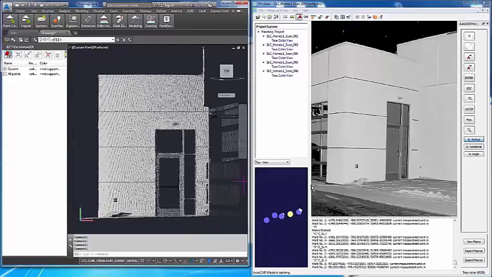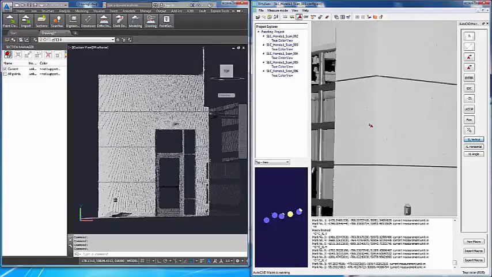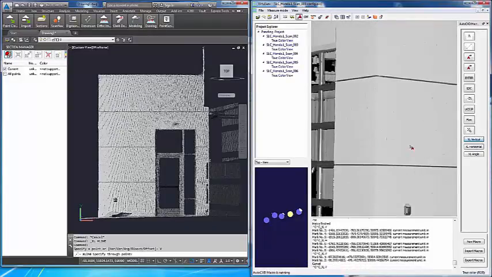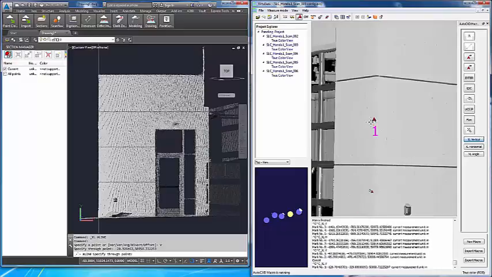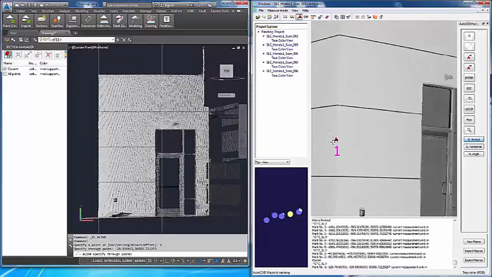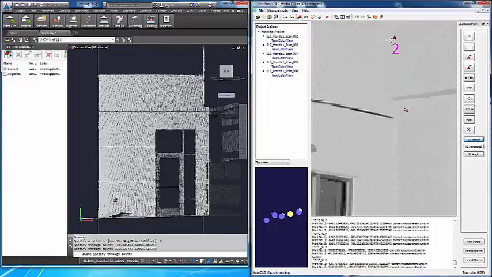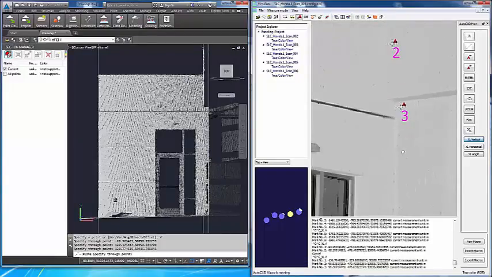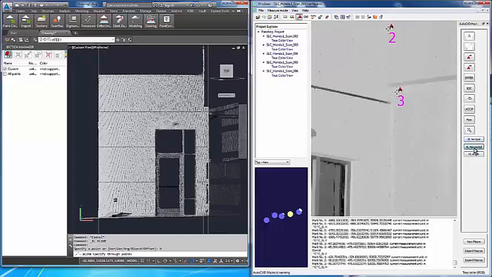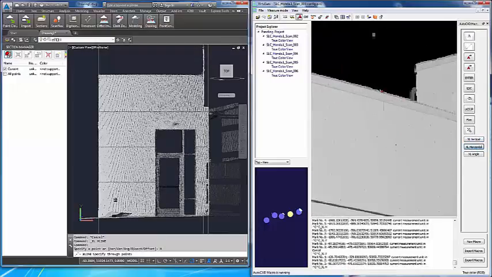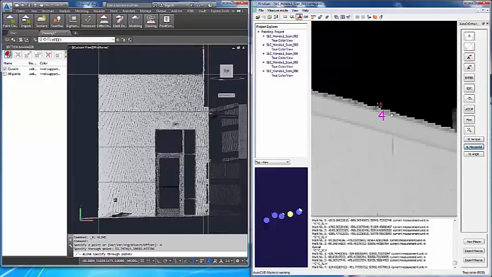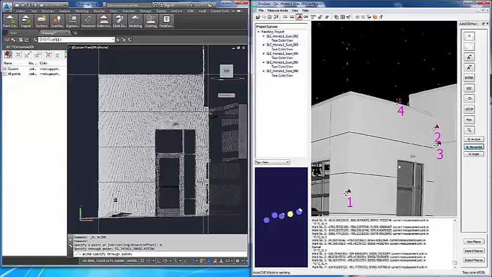I'll now split the screen with VirtuServe, use the XL vertical macro, and pick a point on every wall that will be parallel with the Y-axis here in CAD. So I'm going to pick a point on this wall and also a point on this wall, and I'll have to do some trimming afterwards, but here I'll go XL horizontal. I'll pick a point at the top. I'll pick a point